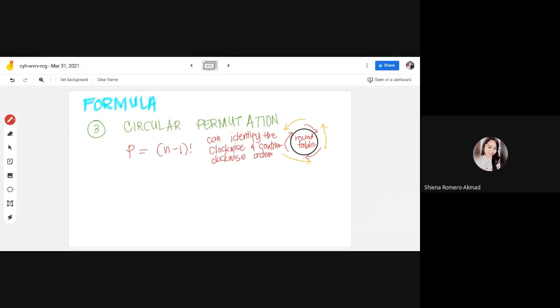Tulad ng sa table, alam mo kung ang arrangement mo ay clockwise or counterclockwise. Okay? Pero what if binigyan ka ng situation where you have to arrange things like bracelet,